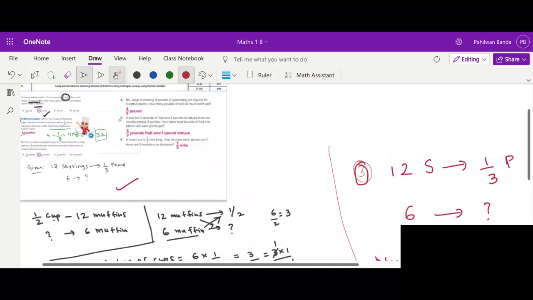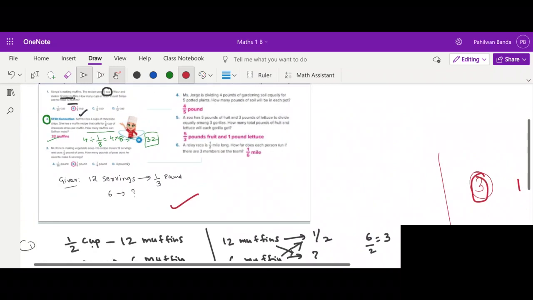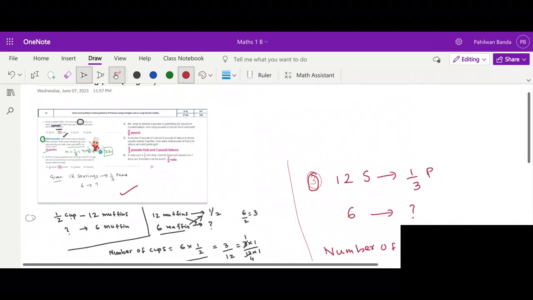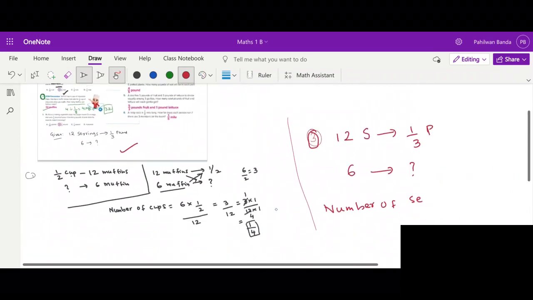Always look at what is required of you. What is asked in the question? How many pounds of peas does he need to make 6 servings? So the question is number of pounds of peas. Number of pounds of peas will be equal to this 6 cross multiplied with 1/3 and divided by